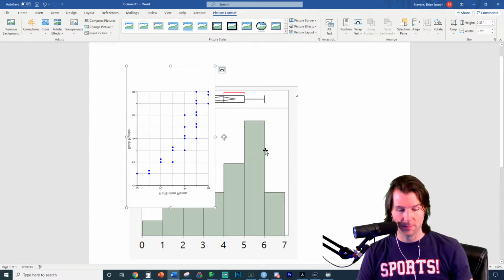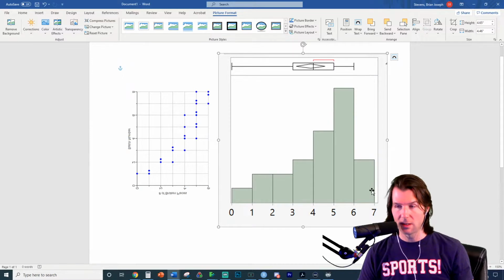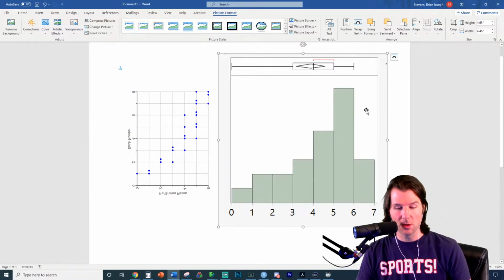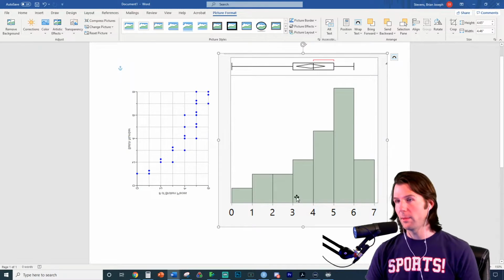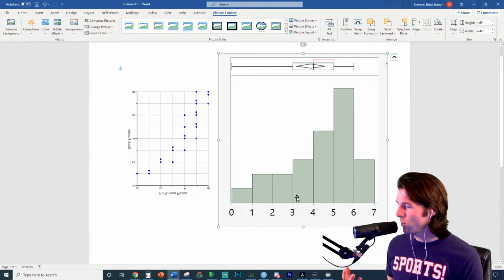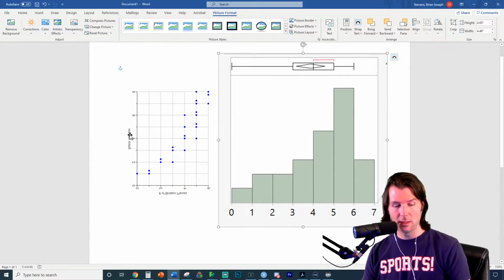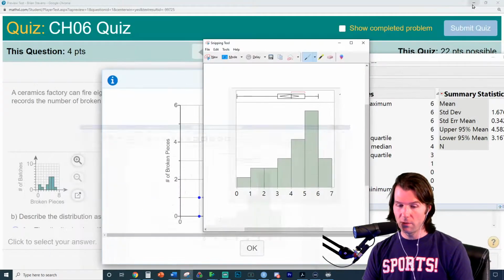But if you look at this right here, and I'll put it over here for the side, these 3 go down into this because it's just the univariate display. So these 8 dots would fall into this bin right here where 5 is at. If you notice, that's a 5 right there. And that's where the 8 dots go. These are where the 3 dots go. These are where the 5 dots go. And you can see 3, 2, 2, 1. And that makes the histogram. So hopefully that helps make a little more understanding how we're really looking at the one axis. We're not looking at the batch number. That's the bivariate display. We're looking at the univariate display.